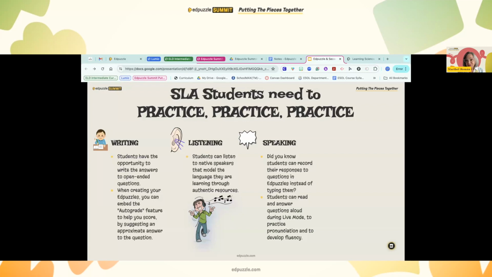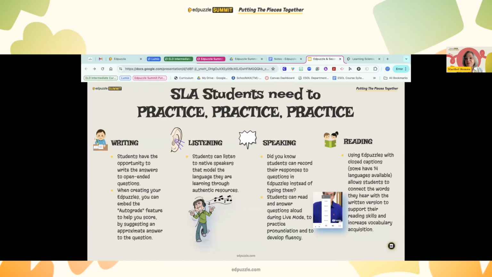I love when they record their voices because then they are able to listen to what they say, and they can also correct their spelling or their pronunciation of the word. So it's a good tool for them to practice speaking. You can do this in the self-paced mode so they can go again, review, and listen to what they answered.